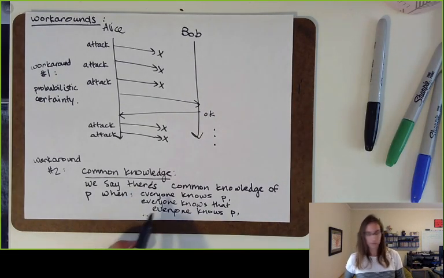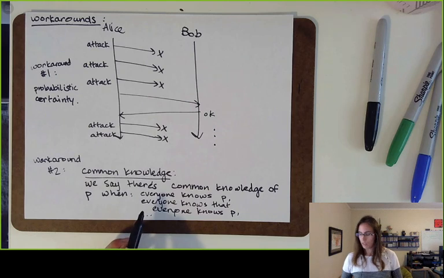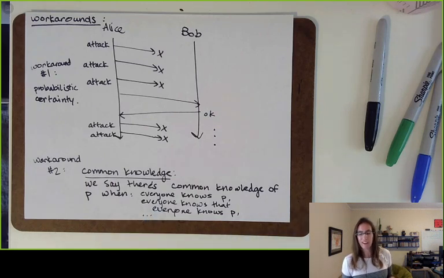So common knowledge is this situation of, I can't write it all down here because it's infinite. So if there were some predetermined attack time that was common knowledge between Alice and Bob, that could work. But the trouble is that you cannot establish common knowledge just by sending messages in a distributed system with the omission model. So if they didn't set up that knowledge in advance, there is no way for them to establish common knowledge later. And that's one of the most interesting things to me about distributed systems.